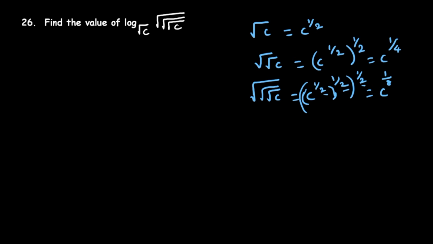Very easy question. So we write now log of this completely root of root c, meaning we write c to the power of 1 by 8, base c to the power of root c, so that is 1 by 2. Now we get here using the formula log x power m base y power n equal to m by n log x base y. So we write 1 by 8 divided by 1 by 2 log c base c. Okay, so in the next step we get its reciprocal here. Let me write 1 by 8, and this 1 by 2 we get 2 by 1 log c base c.